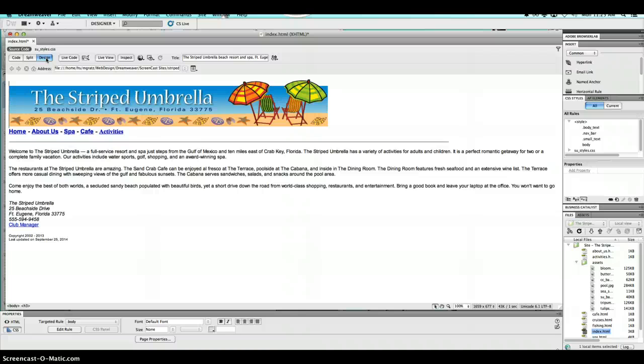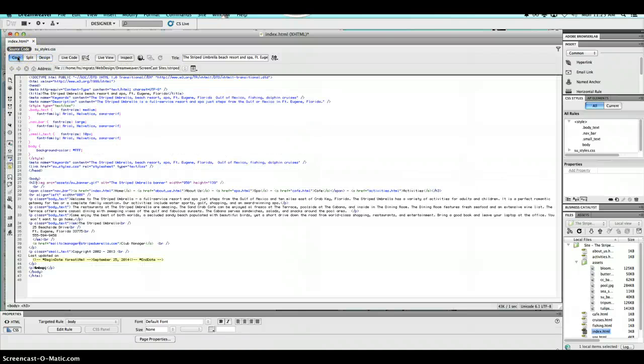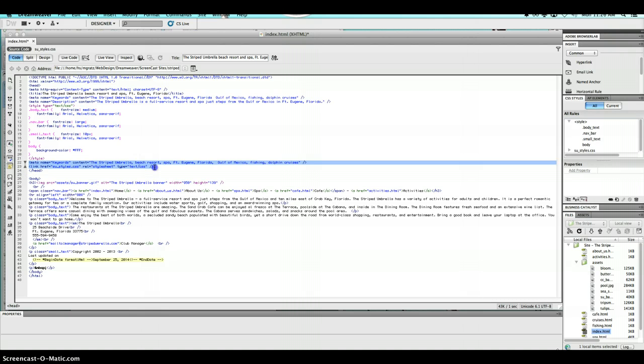and now we're going to go ahead and collapse the code, verify that the index page is open, and then change to code view. Scroll up the page if necessary to display the code that ends with embedded style. Let's see here. We're looking for the embedded style, and it's not, oh, there it is, right there. Select the line of code under the line ending embedded style code. It begins with meta name keywords. So we're going to go ahead and select that all the way through